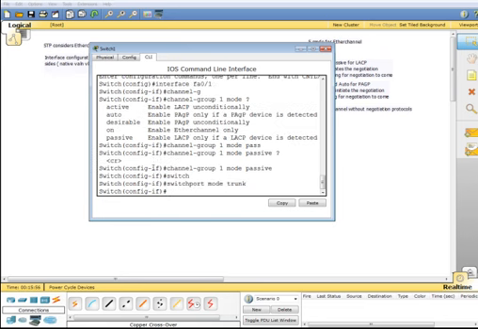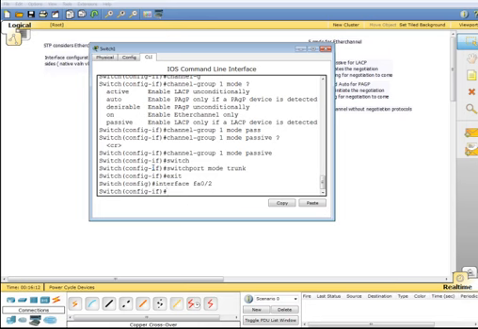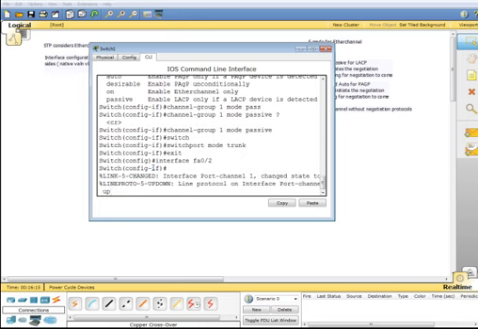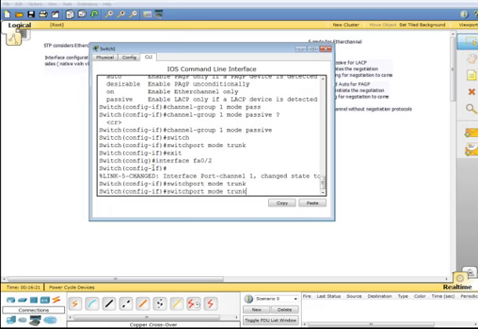I'll go to this one, and I'm going to go to FA0/2 interface FA0/2. I'm going to do switchport mode trunk. I'm going to do the channel group,